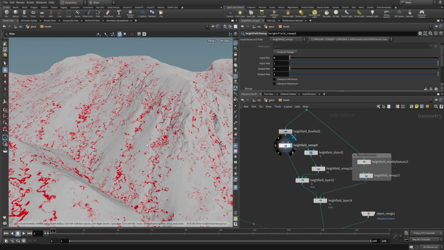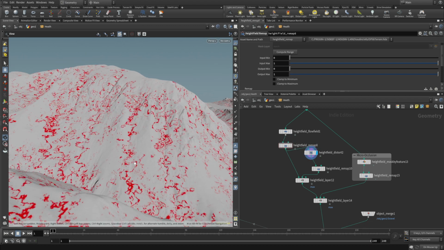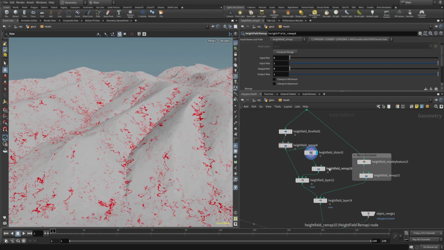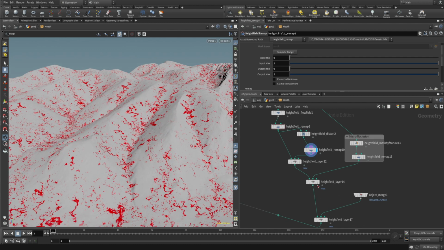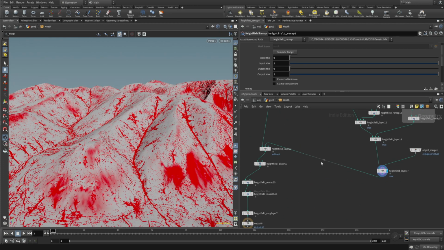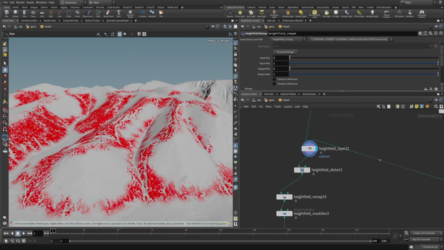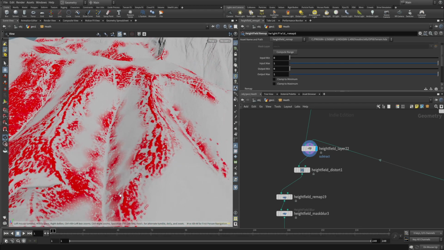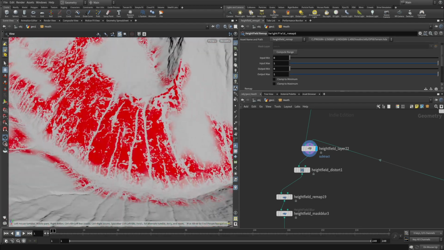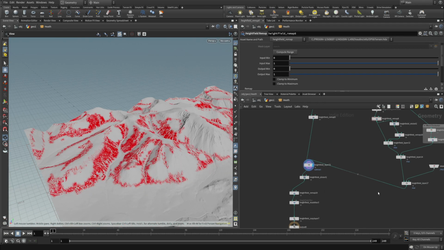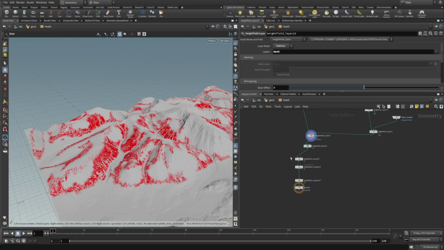So by distorting the flow maps of the channels like that, you get this impression of a path going up the stream areas. It's completely imaginary and procedural, but I think the illusion is kind of nice. It lends a nice quality to the end result, especially when you combine it back with the occlusion map and the gravel, and then you subtract that. You can see a lot of those nice organic patterns being cut through, which gives the impression that maybe animals go that way. And in some other places, you have the water that runs down. So yeah, that's how I approached the